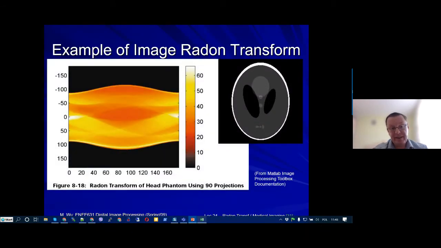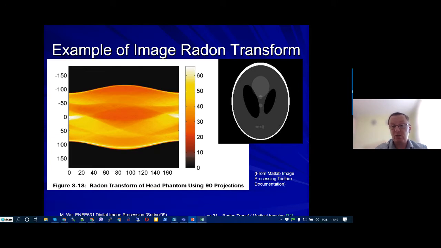And what do we get as a result of the Radon transformation? Actually, if you apply it to the object at right, you will get something like what is at left. It's almost useless. Here the Radon transformation uses 90 projections. We look at the object from 90 different angles, scanning it,